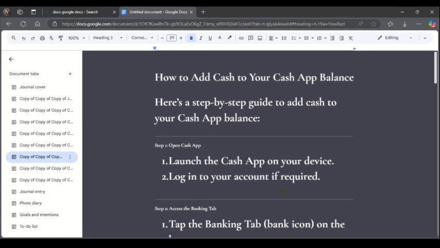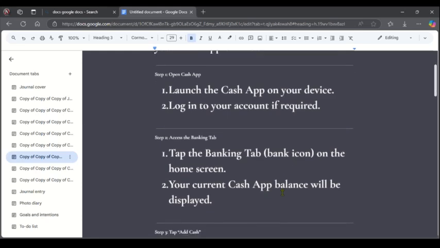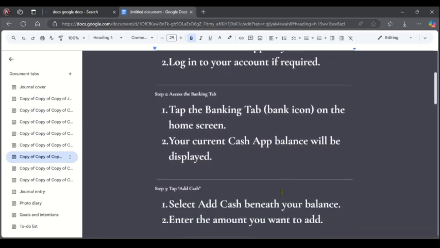So if you want to add cash to your Cash App balance, you have to launch the Cash App app on your device, then log in to your account. Once you log in to your account, you can access your bank tab. So you can simply access your bank tab and tap on the bank icon on the home screen, then you tap on